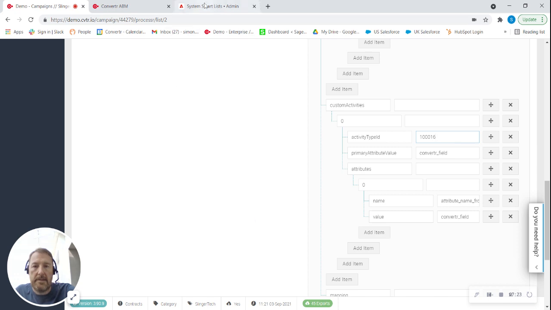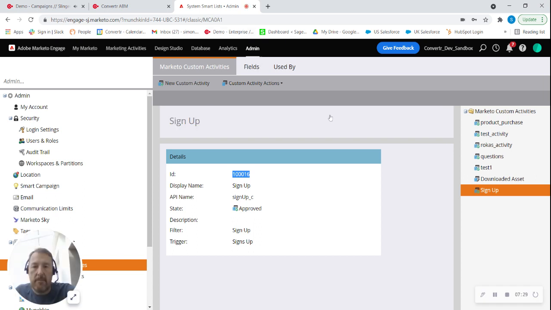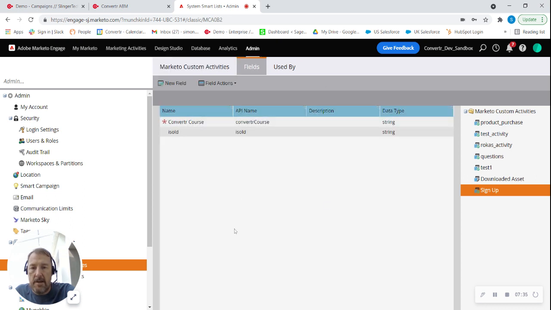The next thing we need to do is look at the fields. So when looking at the fields under this particular custom activity, you can see we have one field called is sold and another field called converter course. Okay, so just keep a note of those. And then if we go back into here,